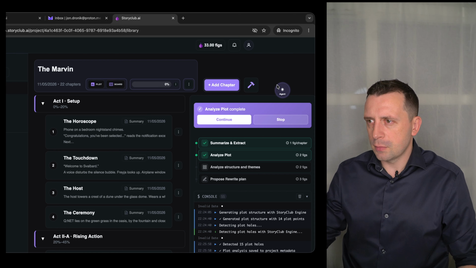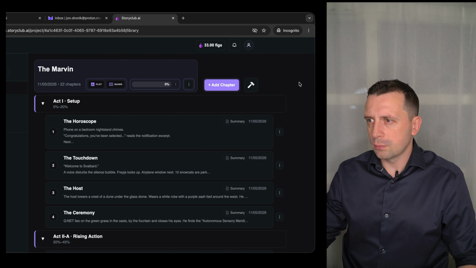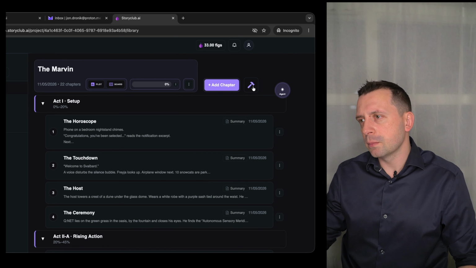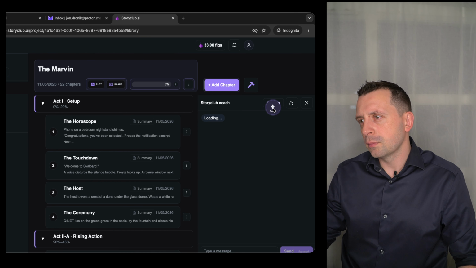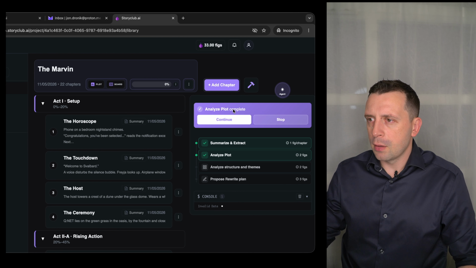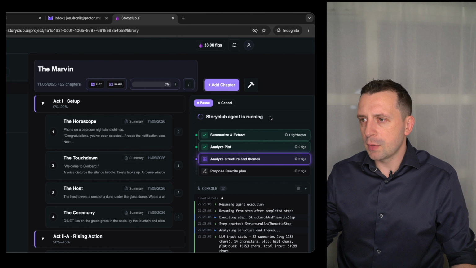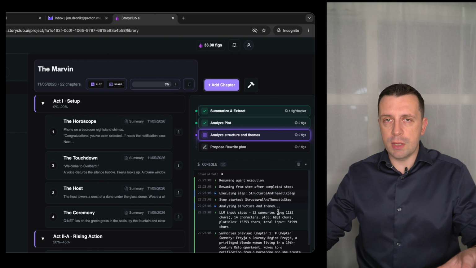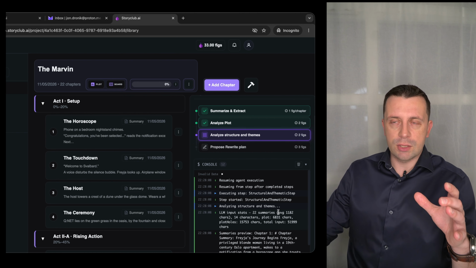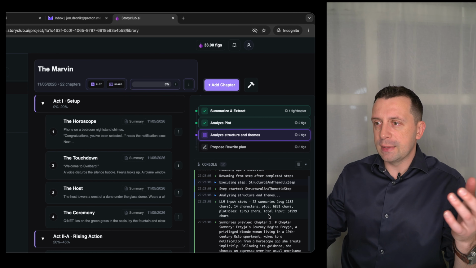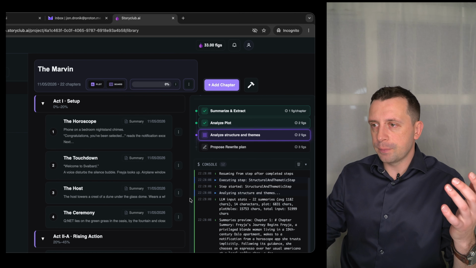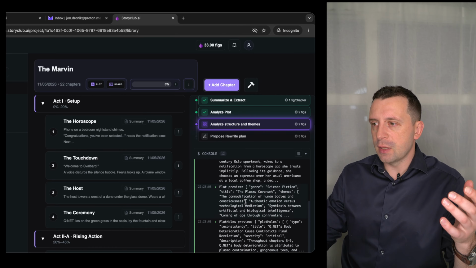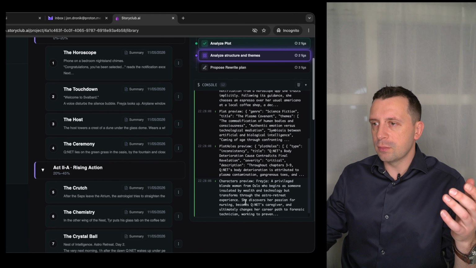Okay, continue, agent. We press continue now. And now it analyzed the plot, summarized and extracted characters. Now it analyzes structure and themes, because the themes and the structure are where most of the work